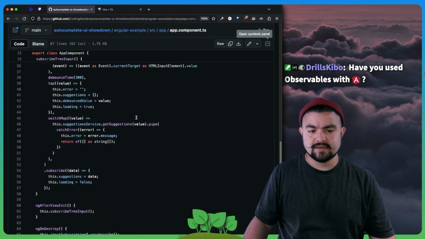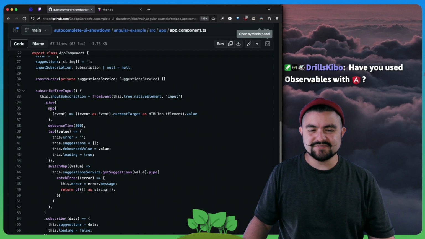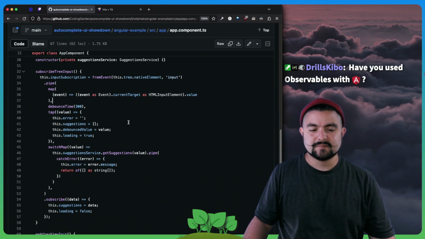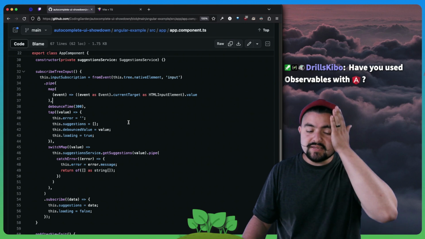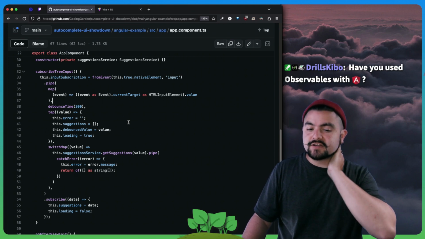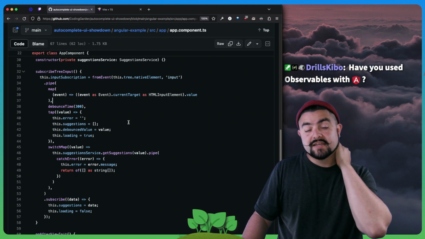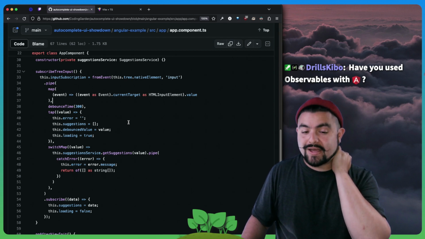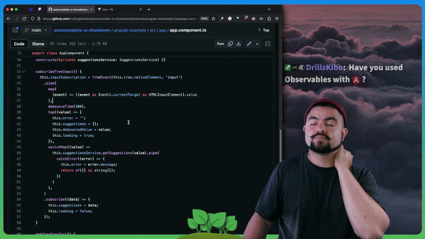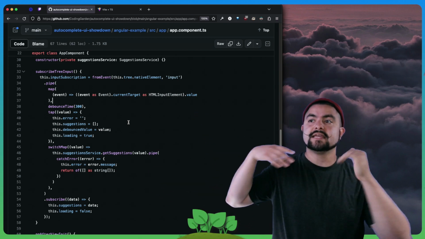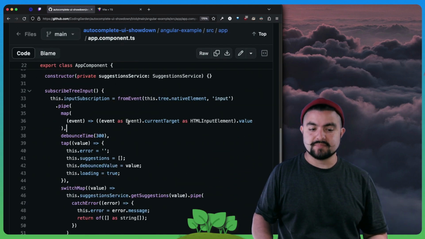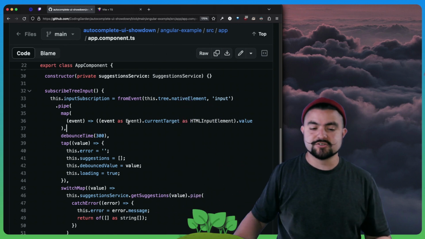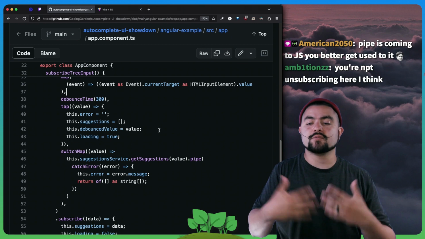So what do I think of it? It's fine. I'm not the biggest fan of purely functional paradigms, just because most programmers don't know how to do that. And in order for a new programmer to even understand this code, they need to basically learn all about functional programming and pure functions and data streams. And that's a lot more